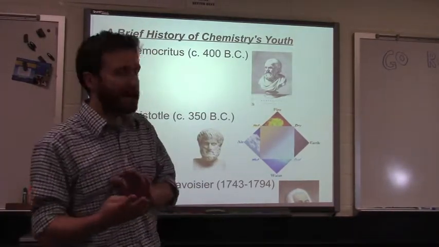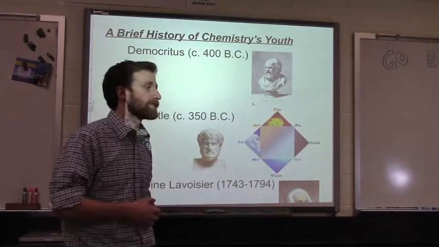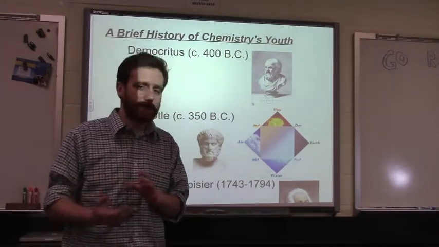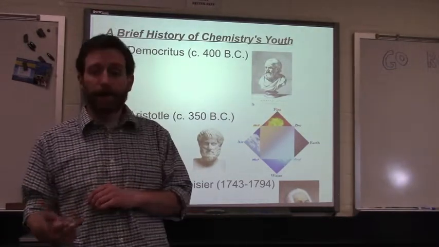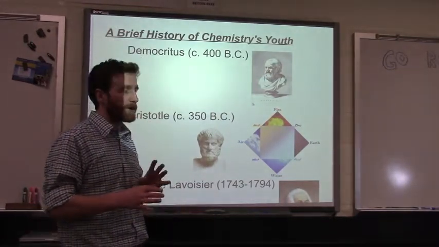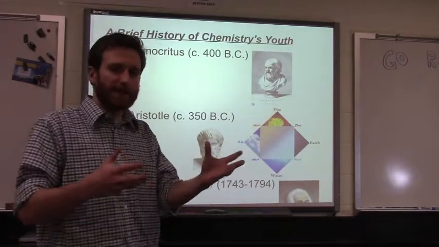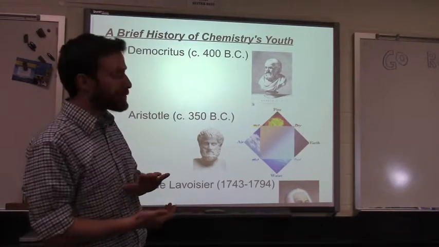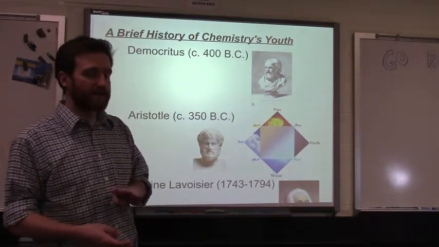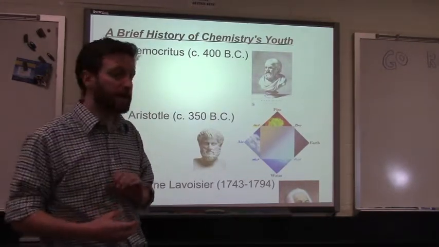Shortly after that, Aristotle came up with the idea that there's 4 classical elements. So his 4 classical elements, which wasn't unique to Aristotle, this existed in Asia as well, was fire, earth, air, and water. Some would argue that he added a 5th, ether, which is actually like vacuum, nothingness, if you will. But Aristotle's idea that there was 4 classical elements held true for a very long time.